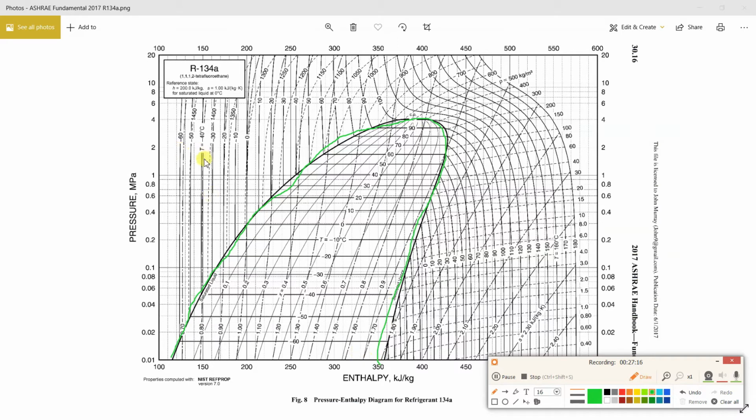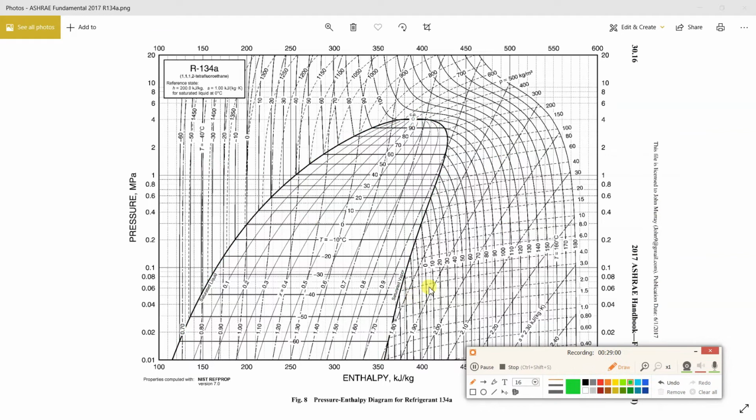So which region is this? Subcooled liquid. This will be the critical point, written over here as CP. And this part of the curve will be saturated liquid. Inside here you will have liquid plus vapor. Now this right side curve is the saturated vapor curve, as we had seen in the presentation, and on the right side we have the superheated vapor region.